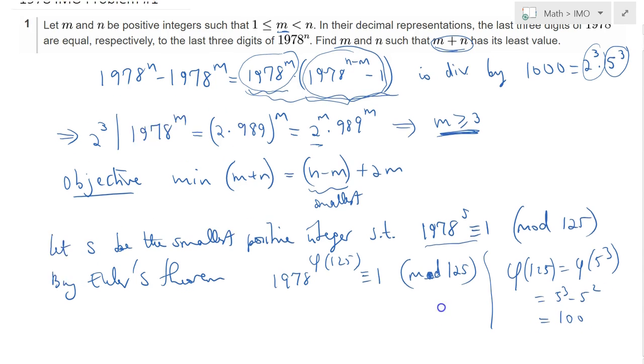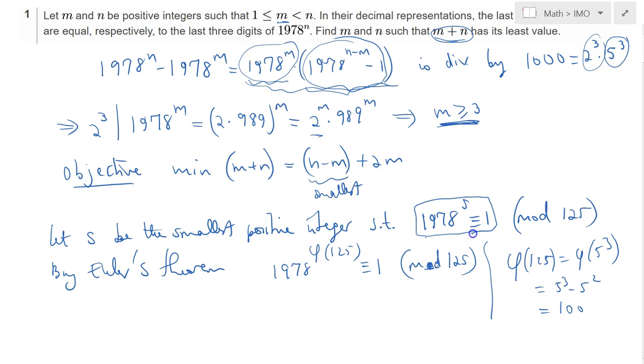So therefore, the smallest s that satisfies this will definitely divide phi of 125, right? And thus s divides 100, right? Because it is the smallest, and we know definitely that 1978 to the power 100 is congruent to 1, suggesting that s should divide